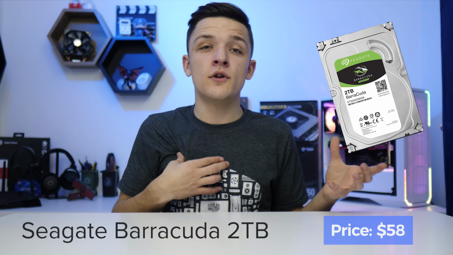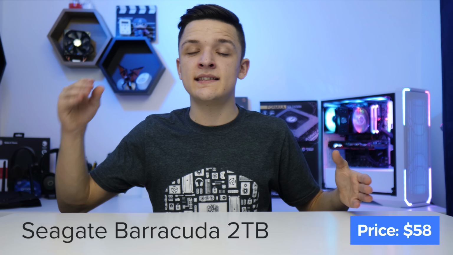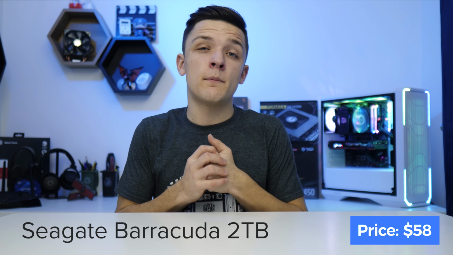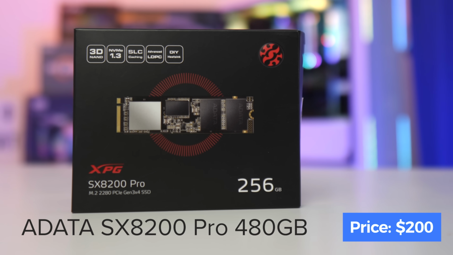For the storage selection in this build, this is an area where everyone's going to have some slightly varying personal preferences. That's not to say I don't have my recommendations though. A 2TB Seagate Barracuda gives you 2000 gigs of space for all your movies, music, games, Steam, Origin and Uplay libraries. The 7200 RPM speed is as fast as your mainstream consumer hard drives tend to get, but let's be honest, it's not overly quick, and that's why I choose to pair it with an additional M.2